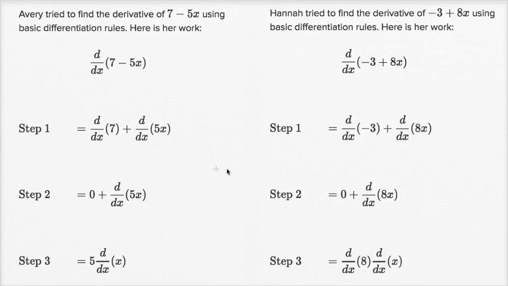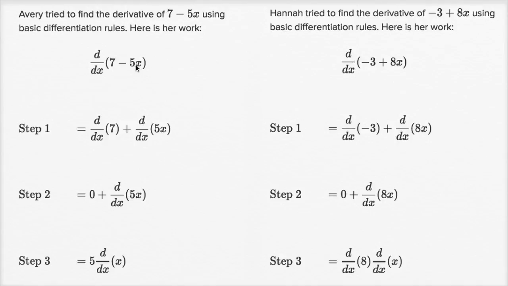And I thought I would just do them side by side because we can kind of think about what each of these people are doing correct or incorrect. So these are similar expressions. We have a constant and then we have a first degree term, a constant and then a first degree term. So they're going to take the derivative. So let's see, step 1 for Avery. She's separately taking the derivative of 7 and separately taking the derivative of